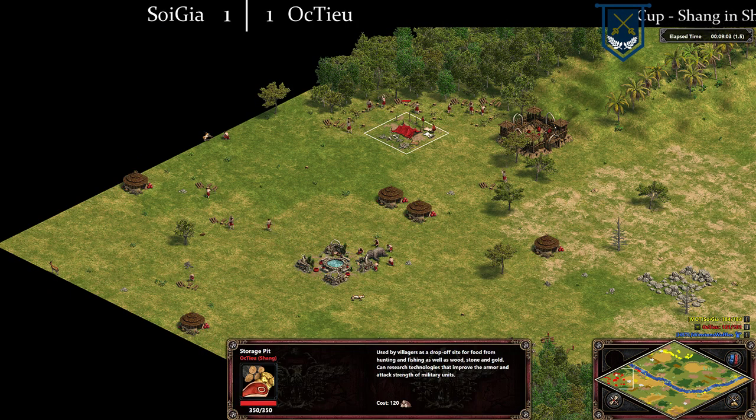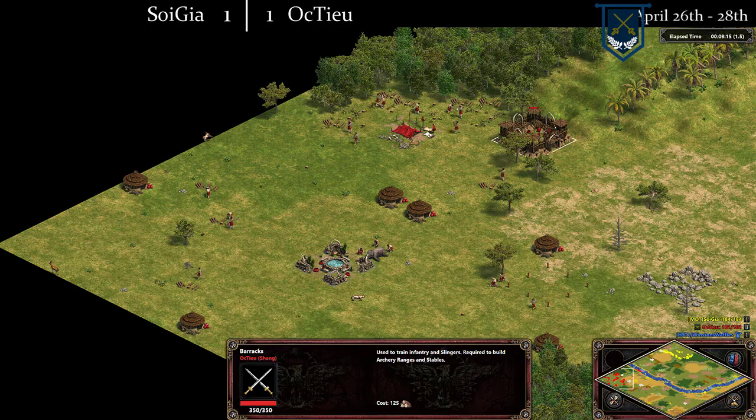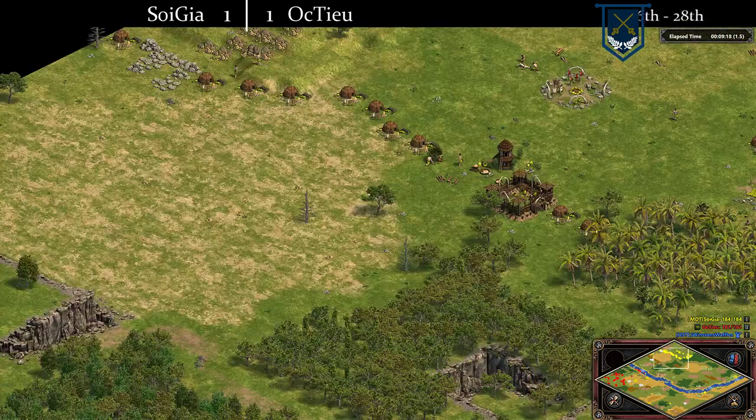OcTieu's map is looking alright. He does hit tool first. I'm just going to check the timer right now. I'm sorry, I keep forgetting to do that and check Vil counts, but I don't think it's the most important thing to obsess over. So 24 for Soi is a pretty big...